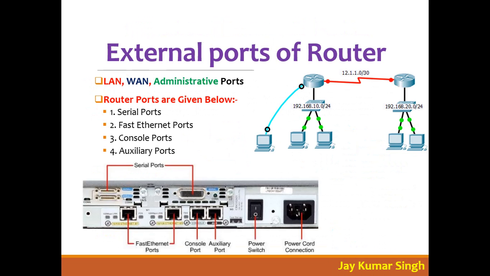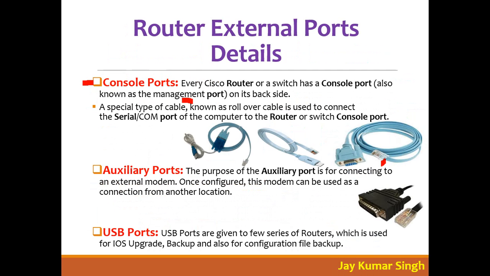See, all ports, fast Ethernet is also RJ45, right? So how will I know that? See here, this is also RJ45, but how will I know that this is a console port? Because of the color and the shape, it is not rounded. So this will connect to the router and this will connect to your PC serial port. But these console ports and this design are very old, an old system. In new devices it is coming with USB.